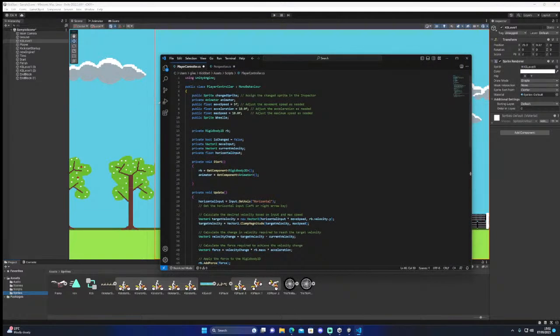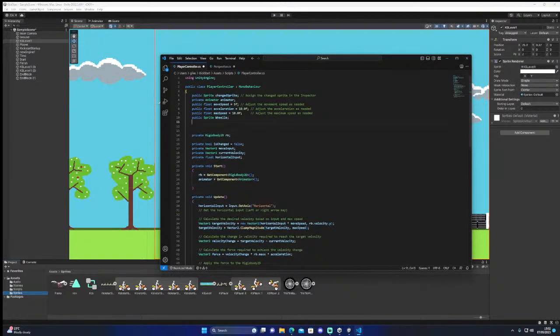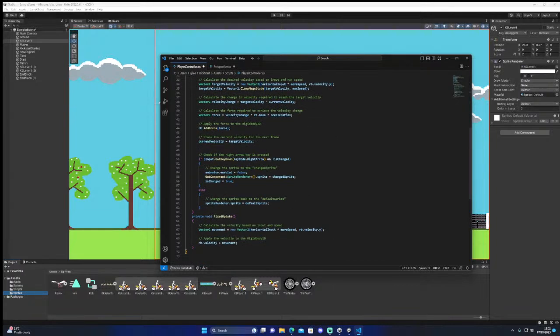I'll have a foot down wheelie and public sprite, because I'll only bugger it up. Foot down, else foot down.